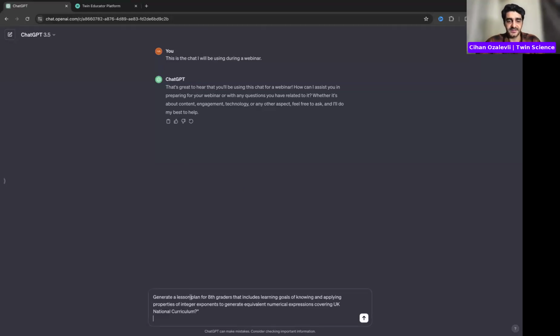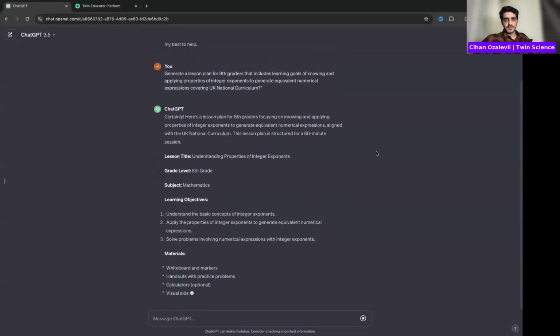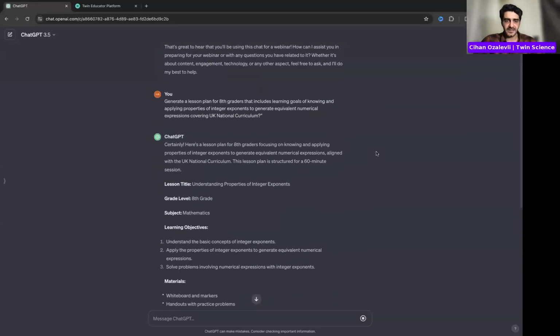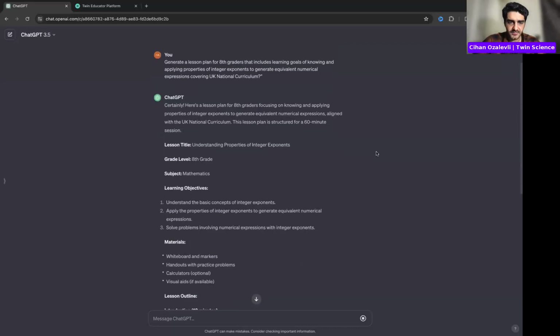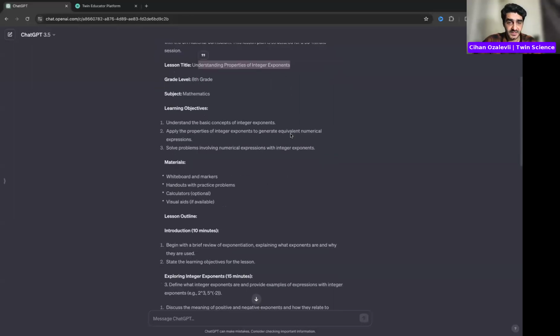Generate a lesson plan for 8th graders that includes learning goals of knowing and applying properties of integer exponents to generate equivalent numerical expressions, covering UK national curriculum. So it's directly brought me the lesson title, Understanding Properties of Integer Exponents. The learning objectives are listed.